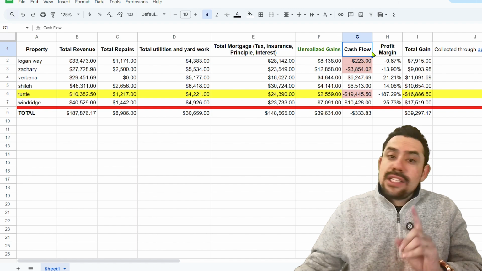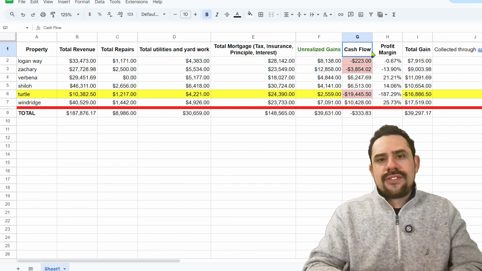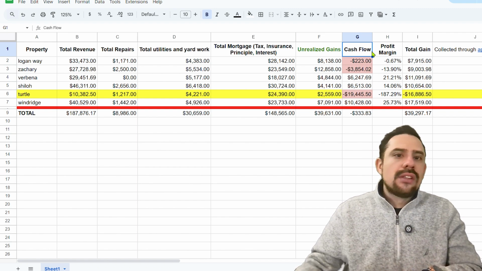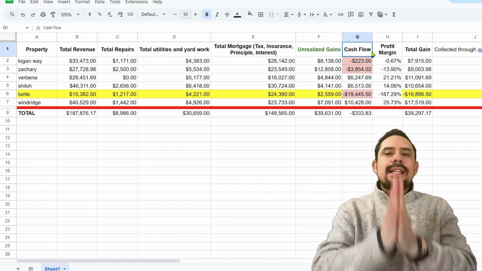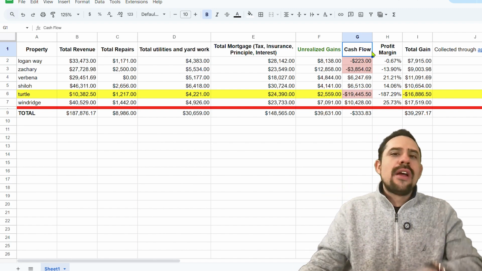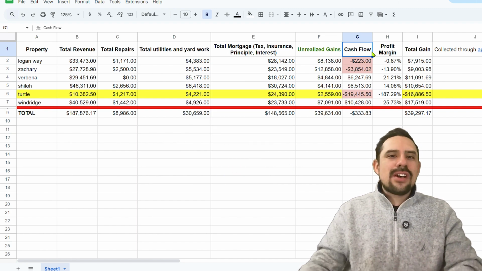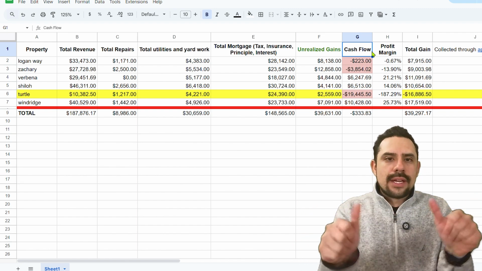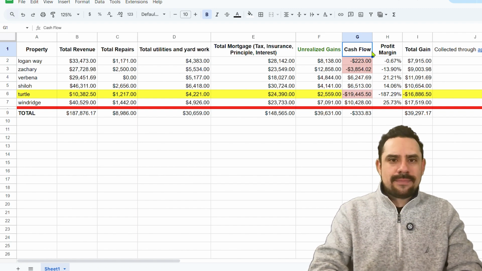Zachary, however, this one is truly cash flow negative just because the rent is just enough to cover the mortgage, but nothing more. So the repairs are always out of pocket, along with some of the utilities like pest control and the internet. But let's celebrate for Windridge at an outstanding $10,000 cash flow. Yeah, folks. The reason this is high is because this home started at the lowest loan balance than all my other properties, thanks to me putting down 50% as a down payment, which was around